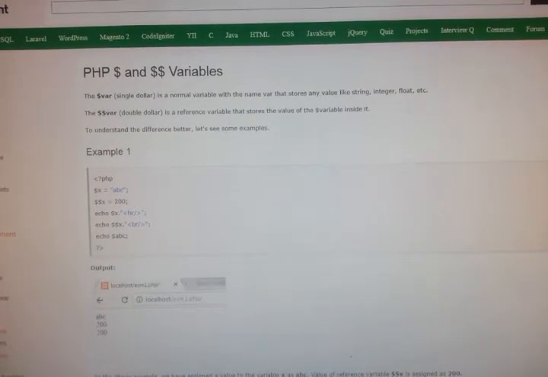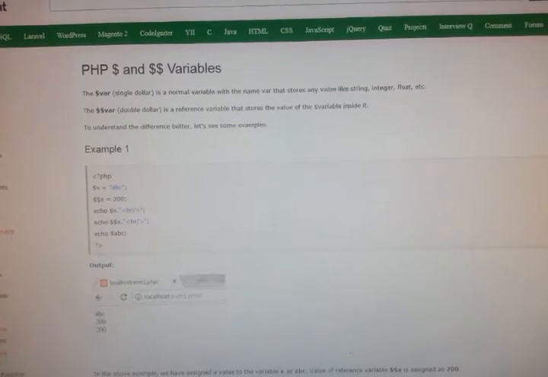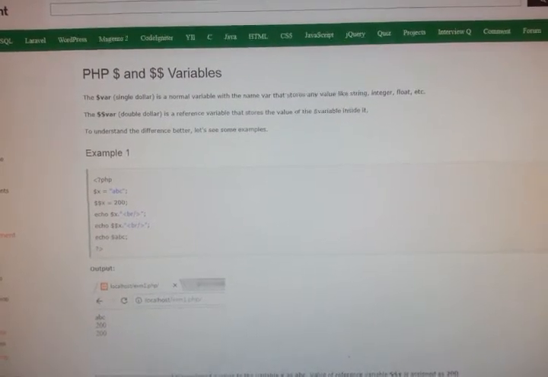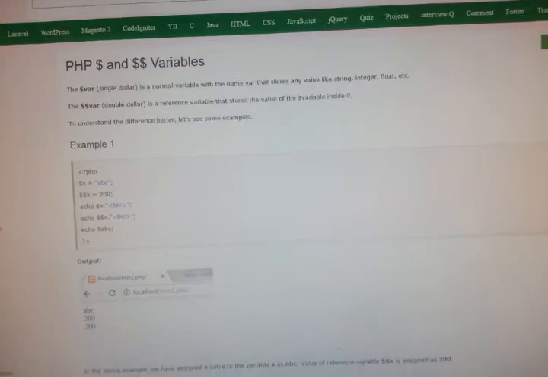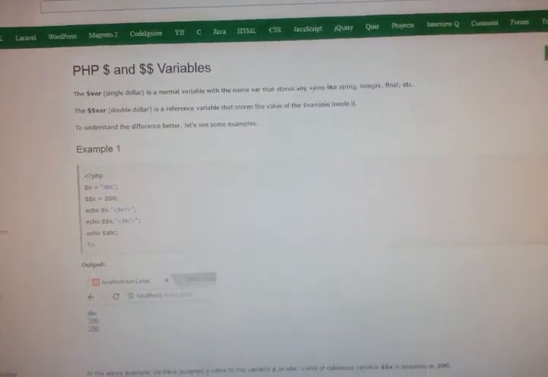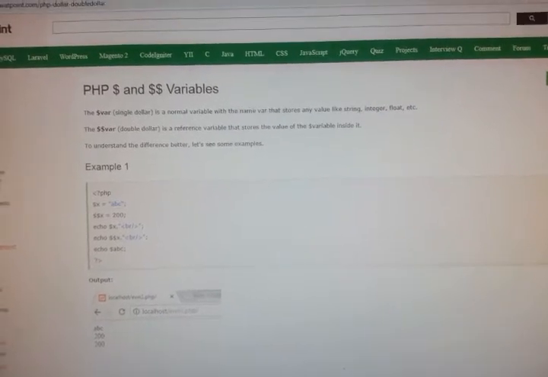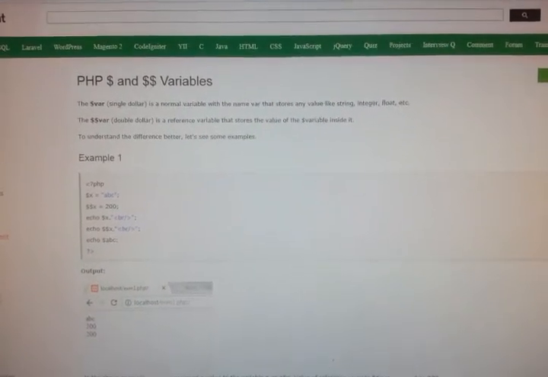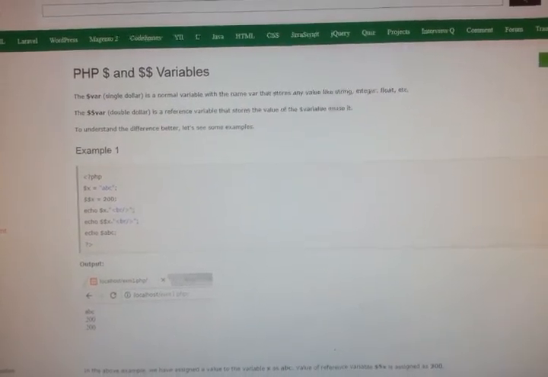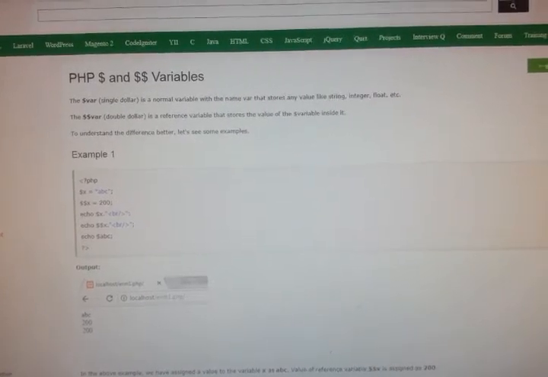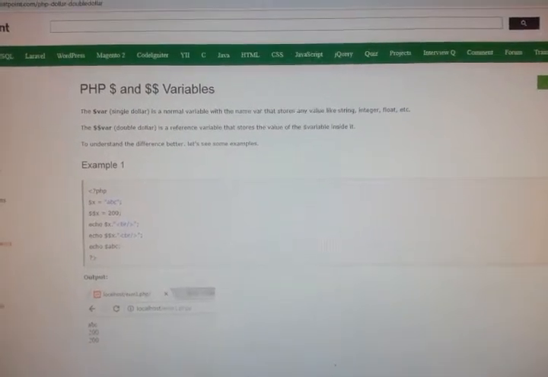As we have seen in the last session about different variables and how to use the variables, we have seen about the var_dump function. We have seen how to use print in place of echo. Now in this